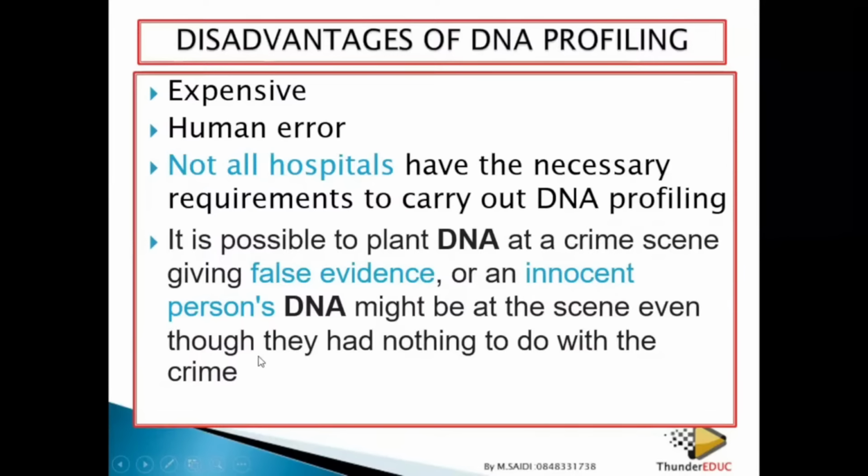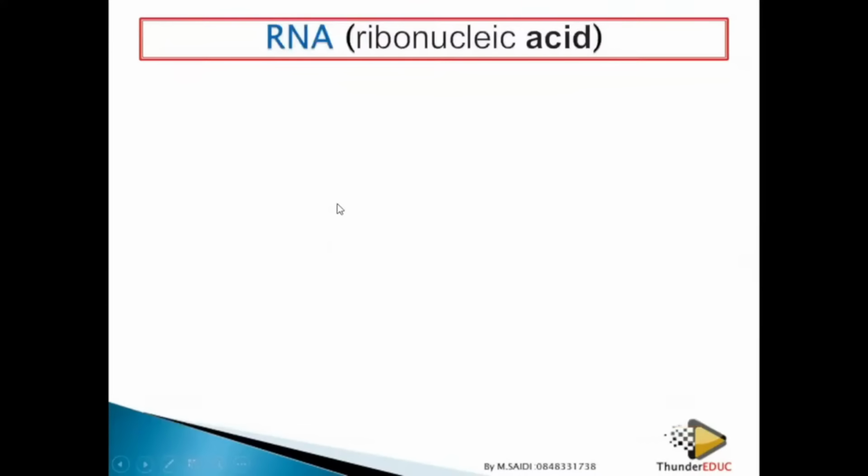That's why I say that you are just passing, and your hair drops, and when they are collecting the sample, they also take your hair. Then you're innocent, but because the DNA profile shows that it's you who was there by the time the crime was committed, automatically you're going to be among the suspects. That's why we are saying that DNA profiling has some disadvantages. So let's look at RNA,